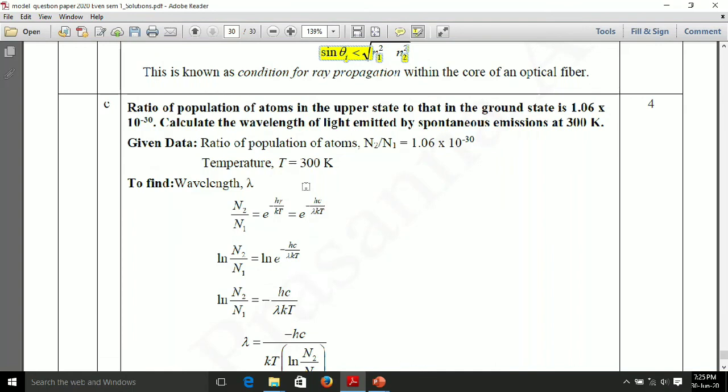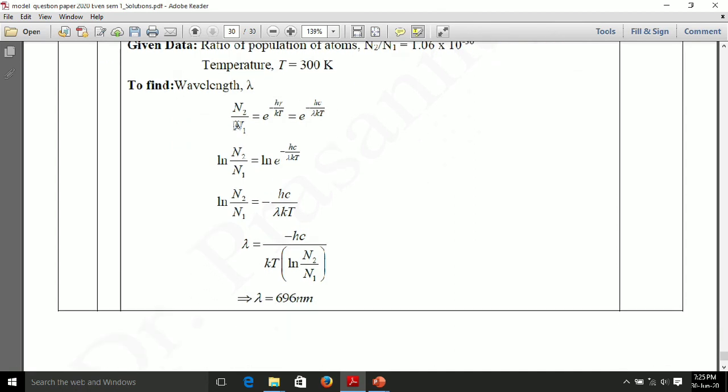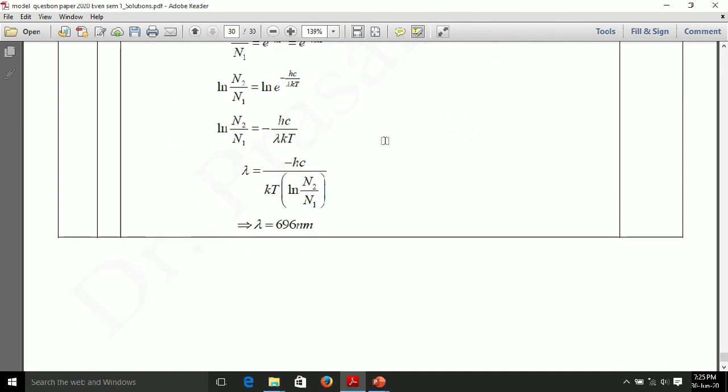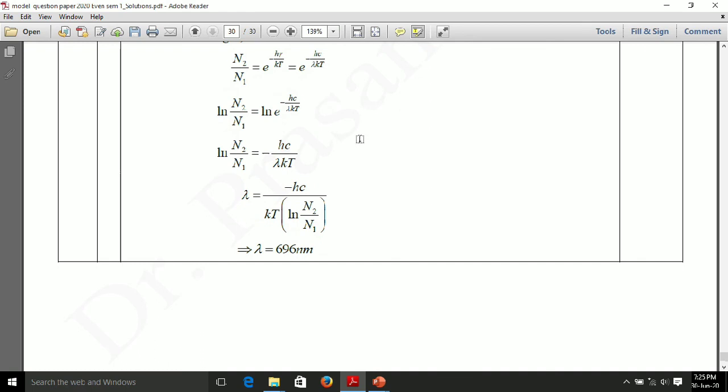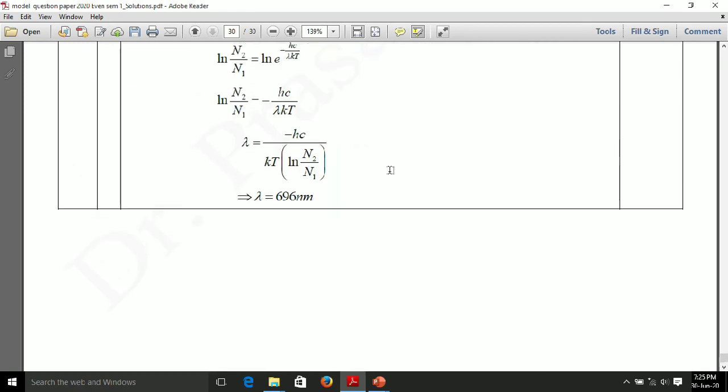This is the problem on ratio of population of atoms in the upper state to that in the ground state. You have to calculate using this Boltzmann factor. On simplifying, you will get the expression for lambda and find out the answer. This is how to write the answers. Try to compare all these answers which have